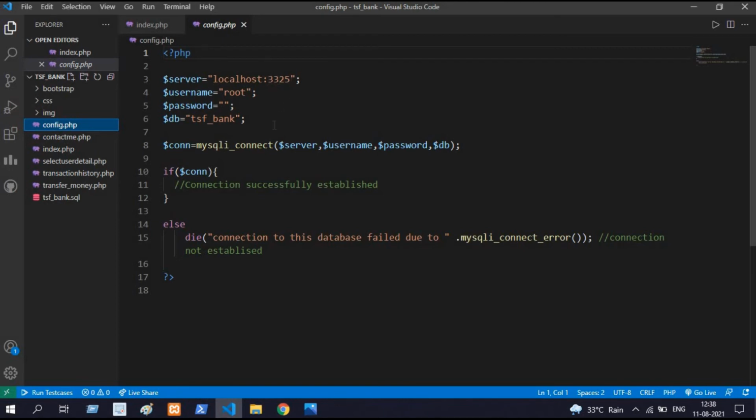It is not mandatory for all, but in my case it is mandatory because my XAMPP is hosted on port 3325. That is the reason my server is connected with this port. For everyone else it will be just localhost and nothing else. So this is my configuration page, and this page is very important.